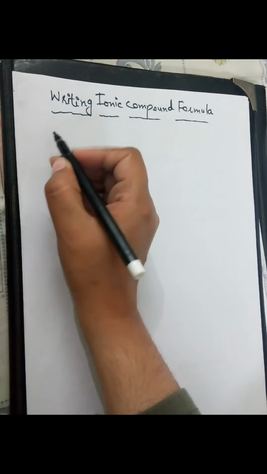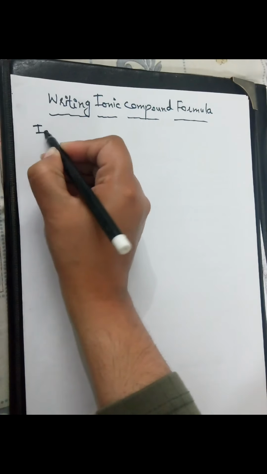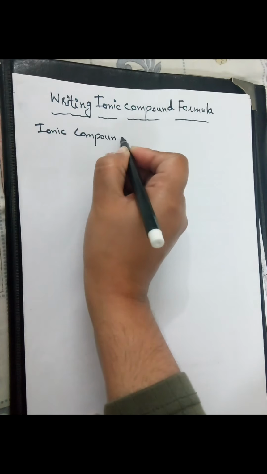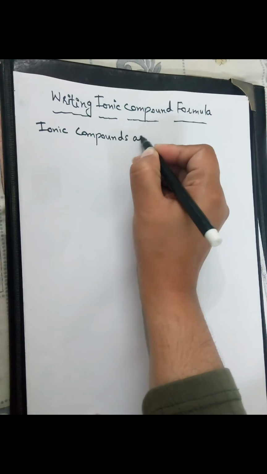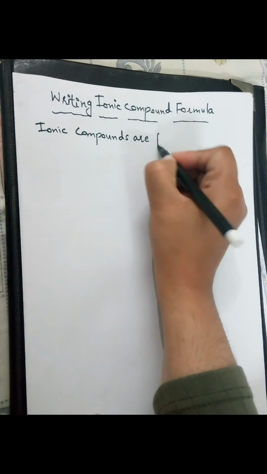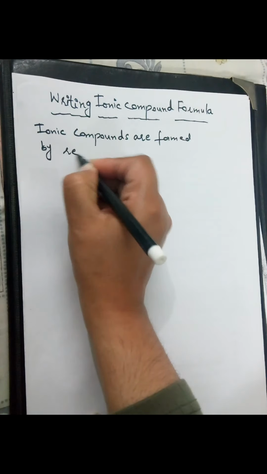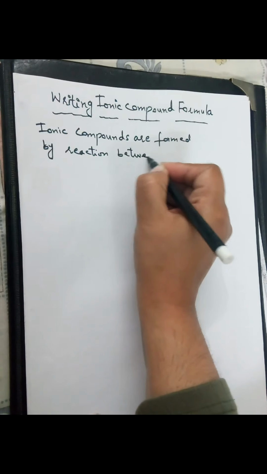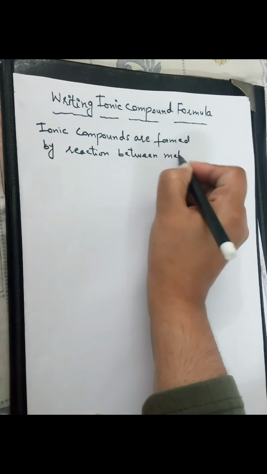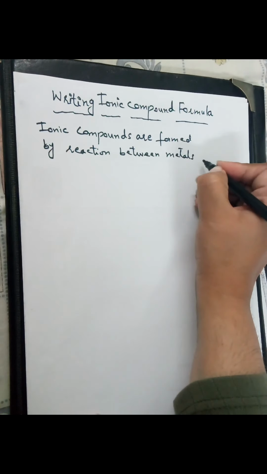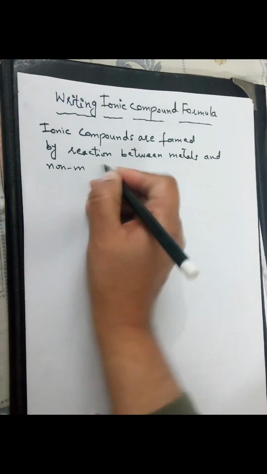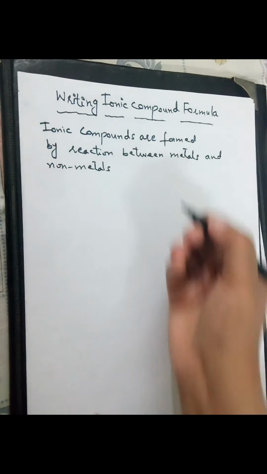First of all, we have to remember that ionic compounds are formed by reaction between metals and non-metals. Metals and non-metals. Okay,